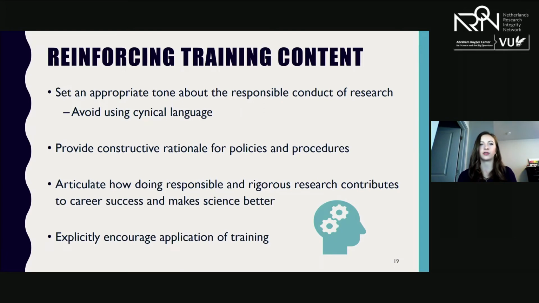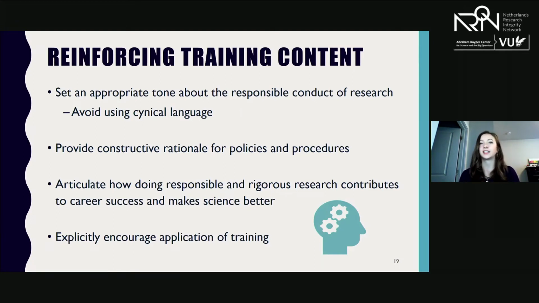The second mechanism for reinforcing training content is providing constructive rationale about why certain policies, procedures, and norms are in place. What that can do is illustrate how those policies support the responsible conduct of research. A third thing is making RCR relevant and articulating that doing responsible and rigorous research not only makes science better, but also contributes to a person's career success.